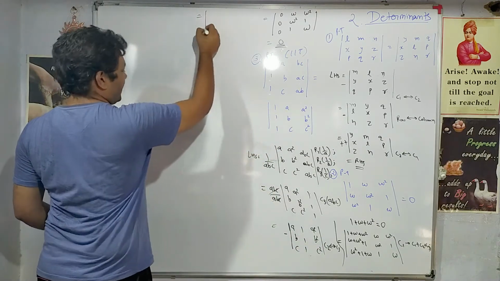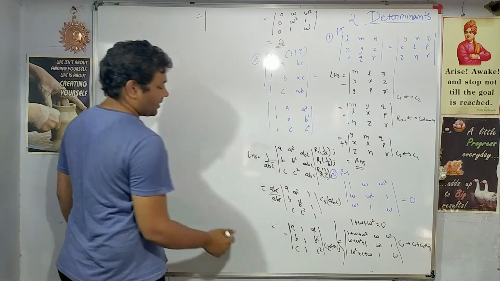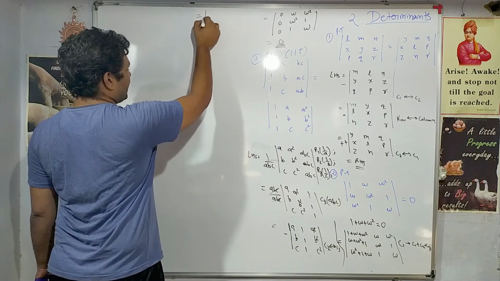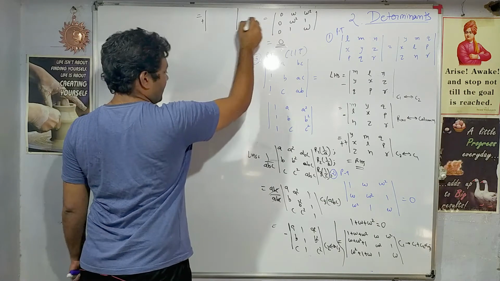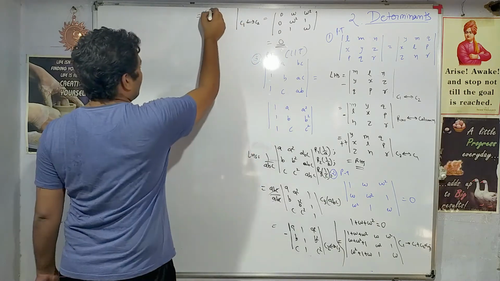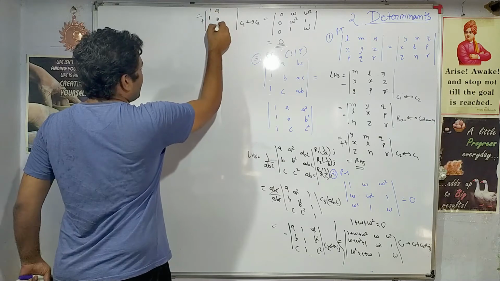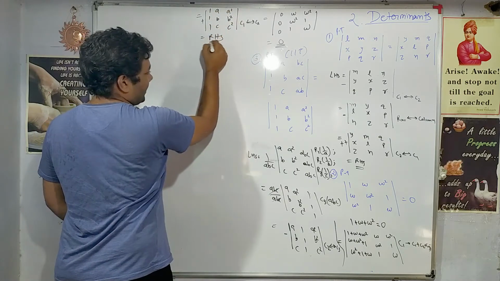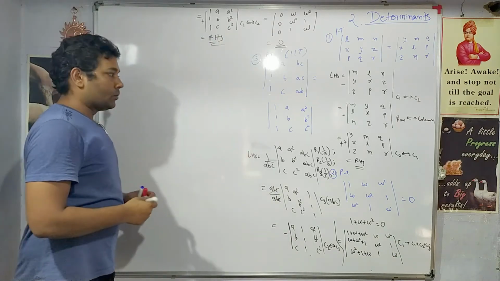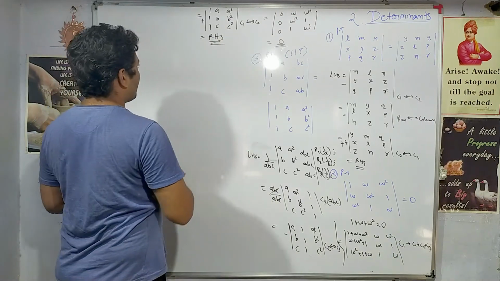Now again in the next step, I will exchange first and the second column. So minus sign will now disappear. So that is first and the second columns have been exchanged. So 1 1 1, a, b, c, a square, b square, c square, and that is equals to the RHS, right? Hence proved. Next, question number 4.